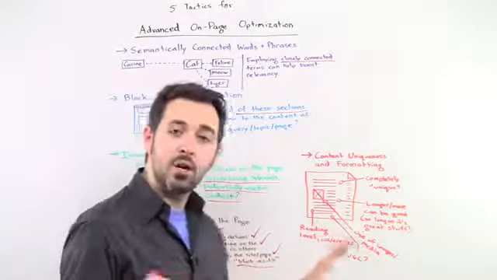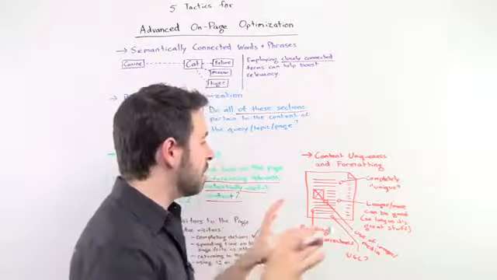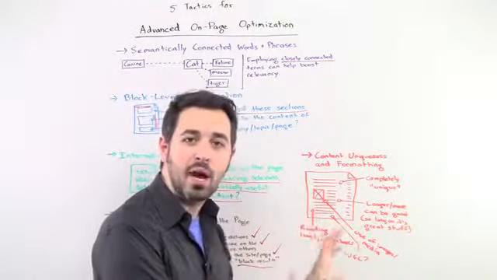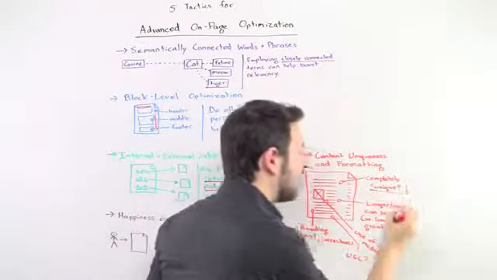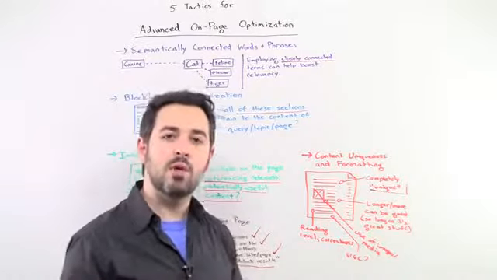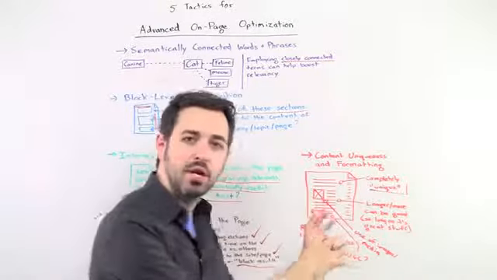But what you may not know is that there's a bunch of tactics that you can apply in an advanced on-page optimization scenario that can help. So things like completely unique content. When I say completely unique, what I mean is not that you can't quote someone in here, but just that